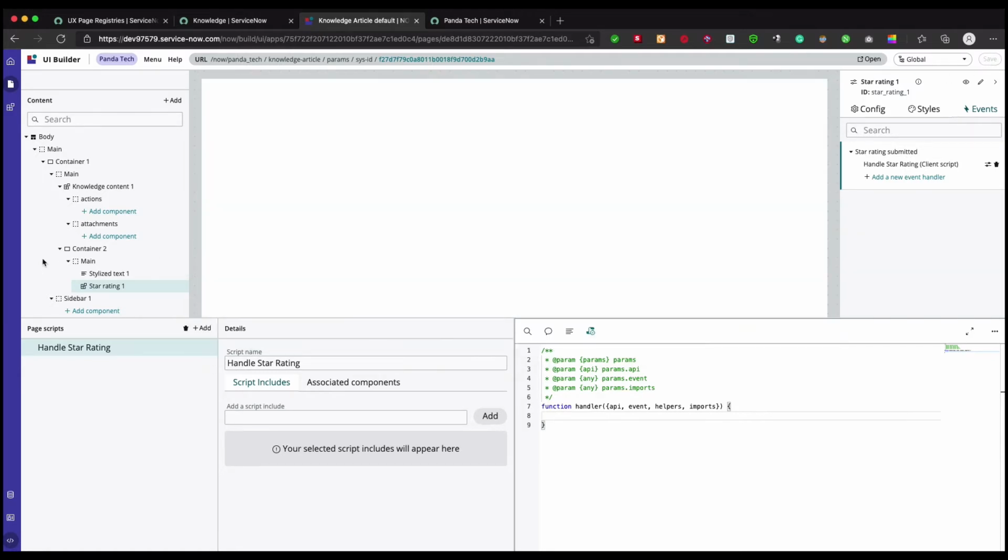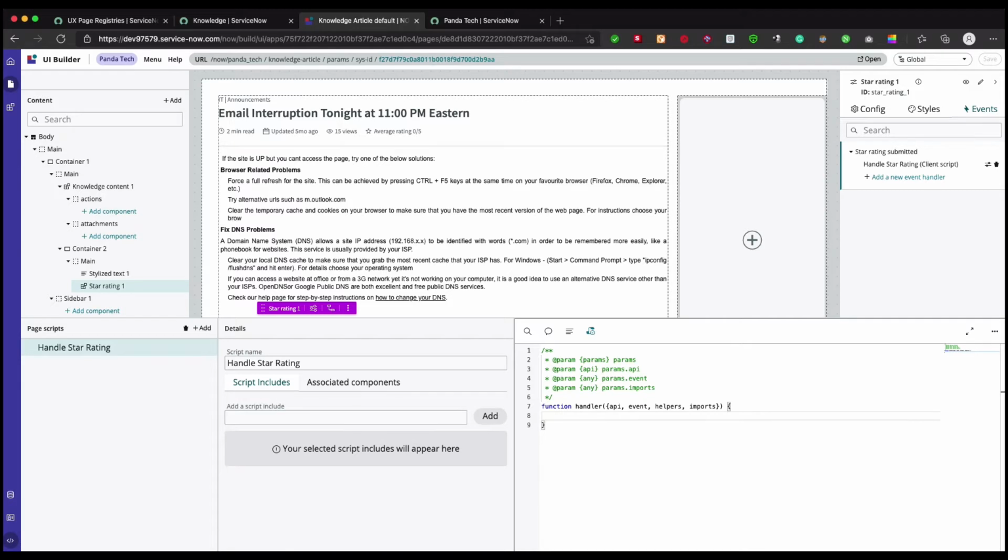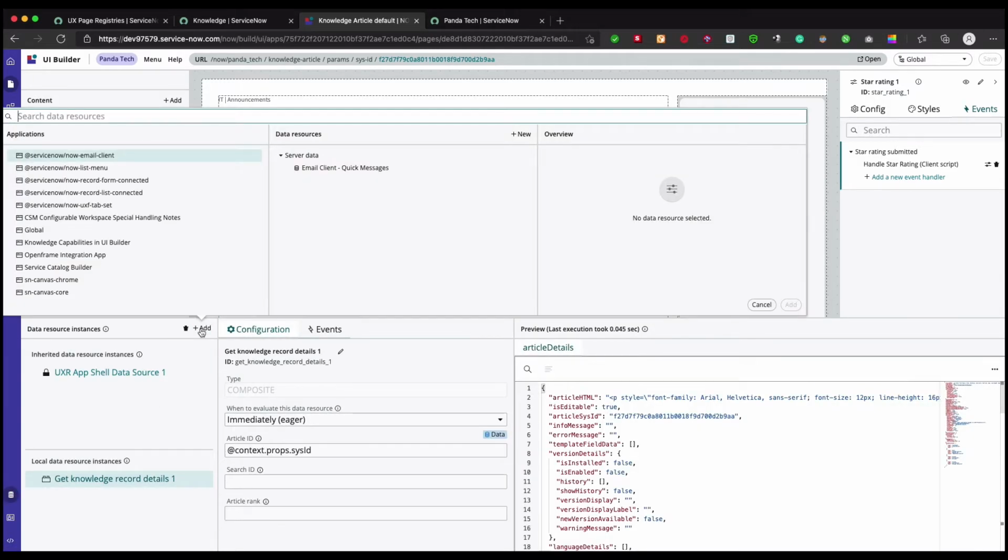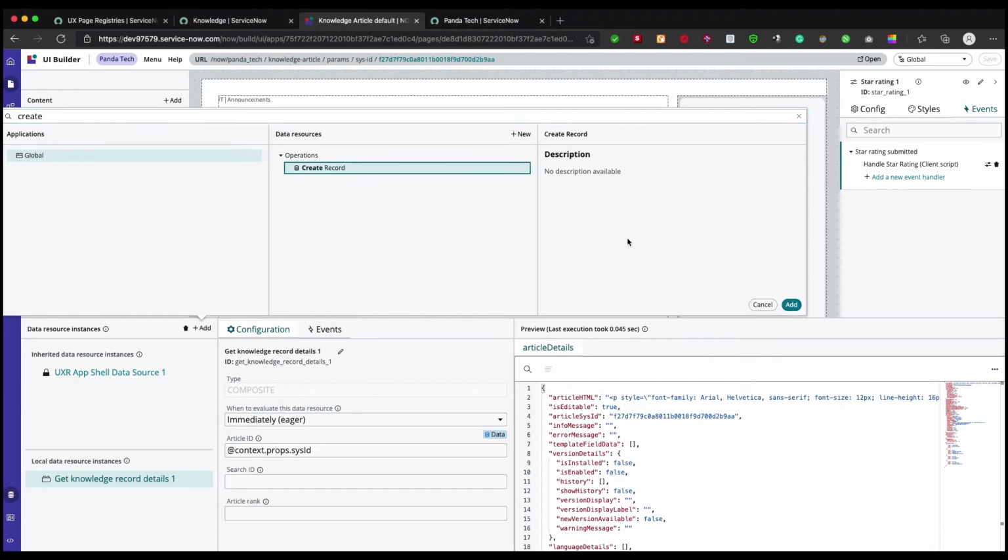So basically the data broker is what we're going to use for this. So let's add the data broker now. What would be the name? This would be a create data broker. Do you want to have a new data source? I think we need to create a new data source. Just search with create. You don't have to do anything there. Just say create, and just say create record. Yep.